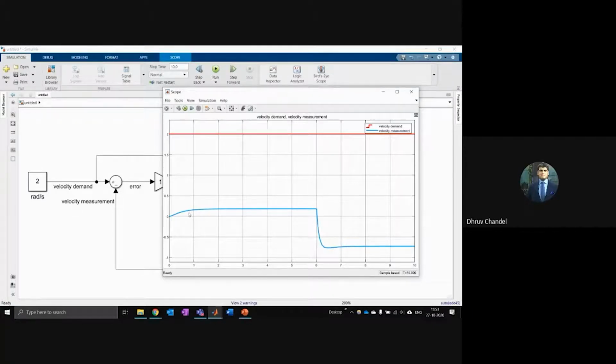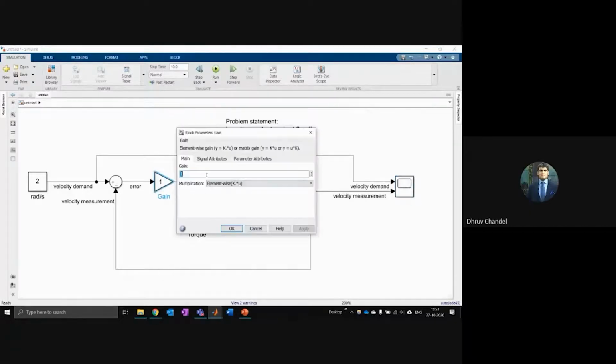So basically, I need a stronger controller here. I need to have a higher ratio such that the speed goes to a much higher value and it can catch up to the demand. Okay, so this is called proportional gain. This is the P part of PID. So let me make this 10 times higher in the gain function.